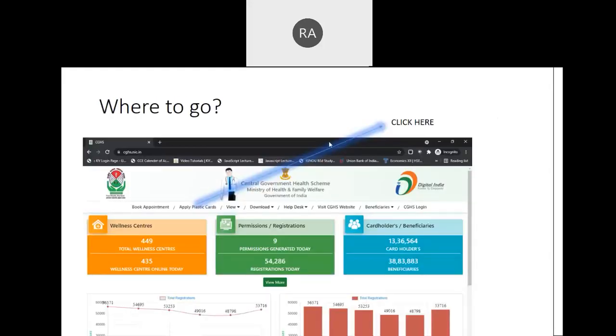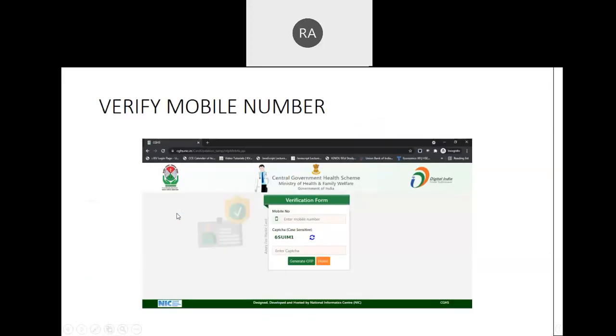Now, when we are going to this website, we have to click on apply for plastic cards. Once we click there, it will ask for the verification of mobile number.